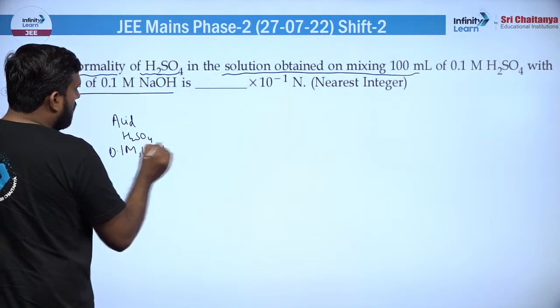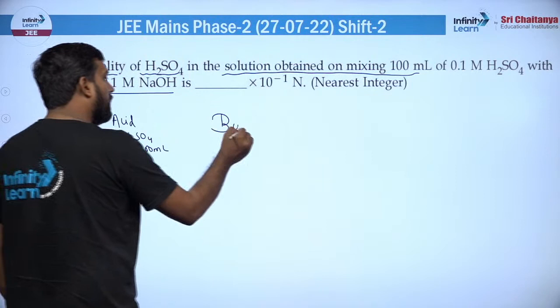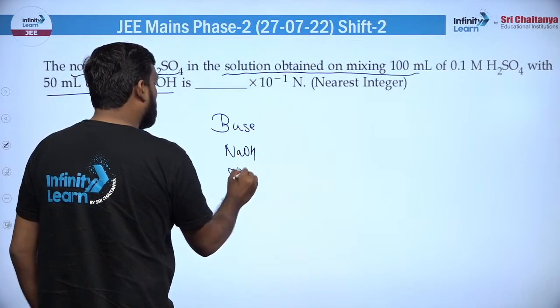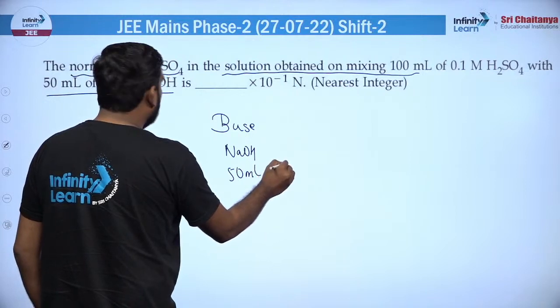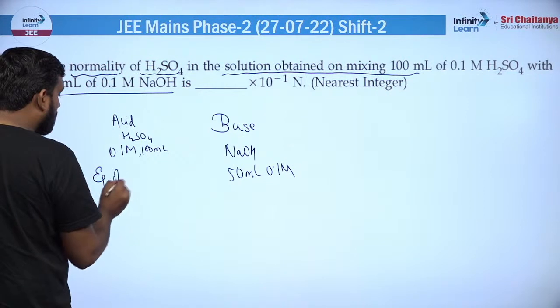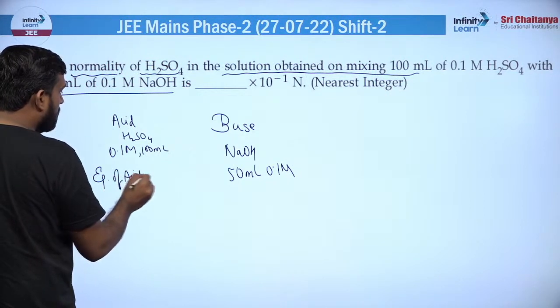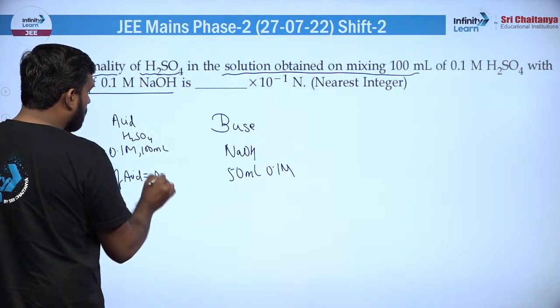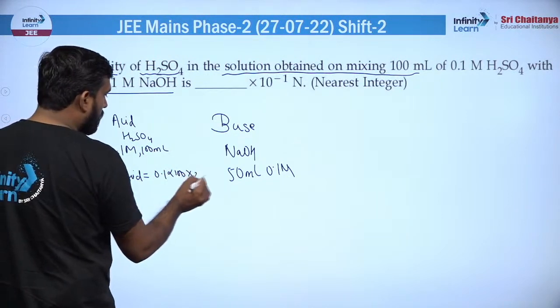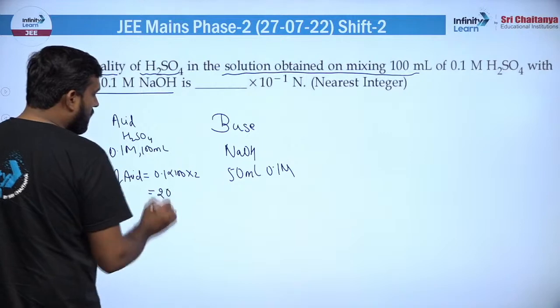और दैट टू H2SO4 है। दूसरी तरफ आप बेस ले रहे हो, और वो बेस NaOH है, और वो आपने लिया है 50 ml और 0.1 मोलारिटी। ठीक है, तो आपके इक्वलेंट निकाल लो। तो यहाँ पे अगर आप इक्वलेंट ऑफ एसिड निकालोगे तो इक्वलेंट ऑफ एसिड कितने हो जाएंगे बेटा, ये हो जाएंगे 0.1 इंटू 100, ये मिली इक्वलेंट है एक्चुअली, इंटू 100 इंटू 2 हो जाएगा, तो ये 20 आ रहा है। इसी तरीके से अगर